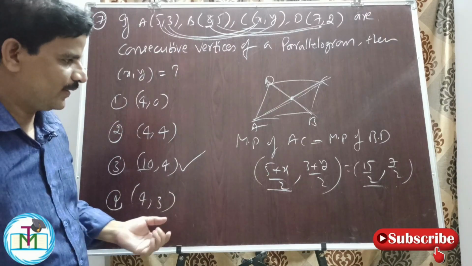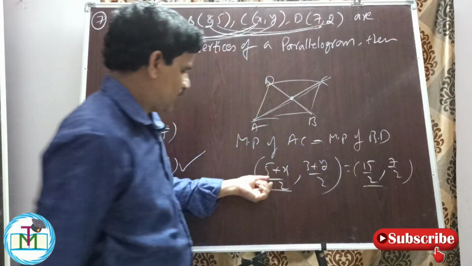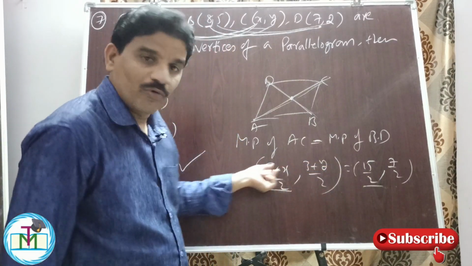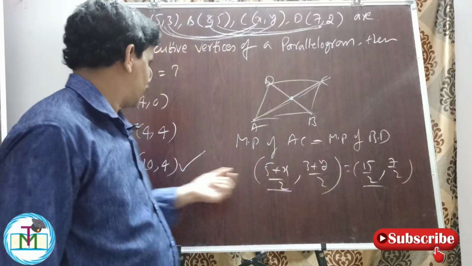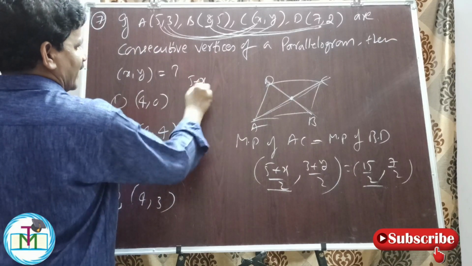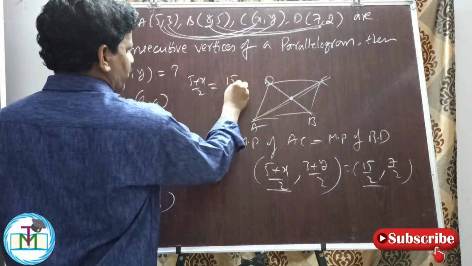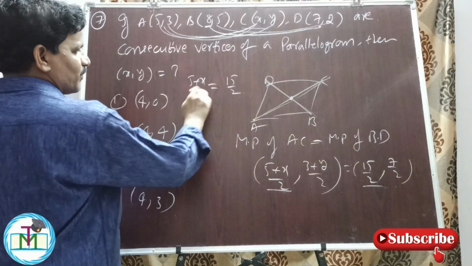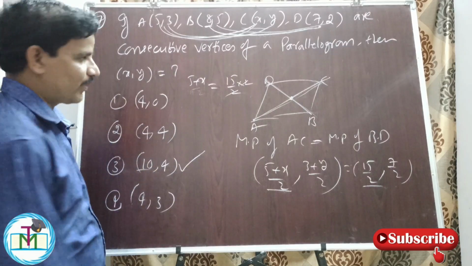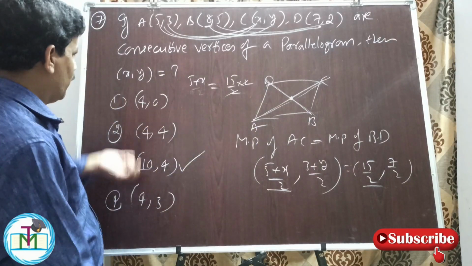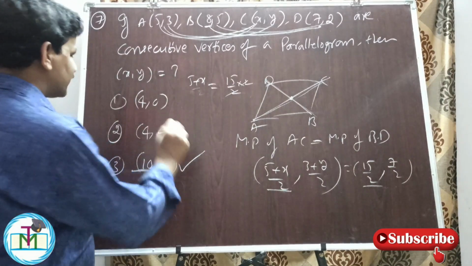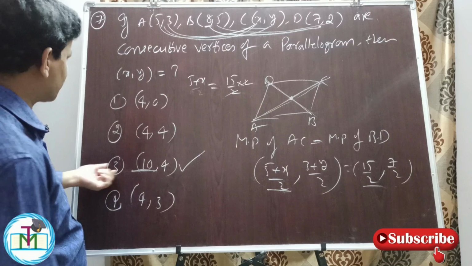You need not do it with a pen. When I equate the x coordinates by cross multiplication, 2 comes here, 2 cancels, I have 15. When 5 goes to that side, 15 minus 5, x is equal to 10. Or else you can do it with a pen here: (5 plus x) by 2 is equal to 15 by 2. By cross multiplication, 2 comes this side and multiplies, 2 cancels. 5 goes to that side and becomes minus 5. 15 minus 5, 10. So observe all these x coordinates. I have x value 10 in option number 3. I need not calculate the 4. Therefore option 3 is the right answer.